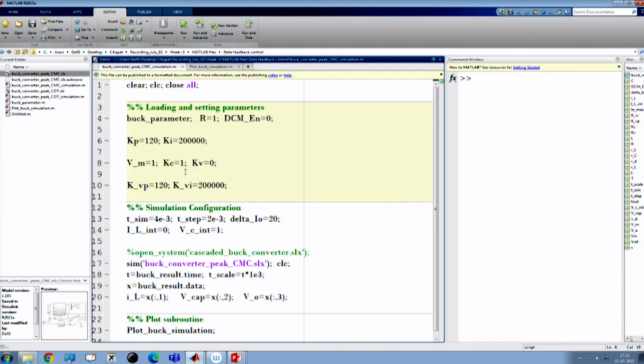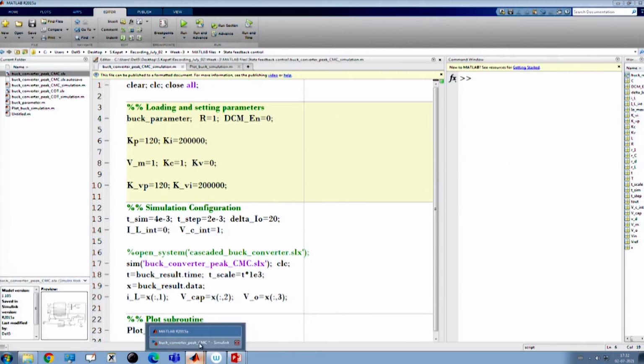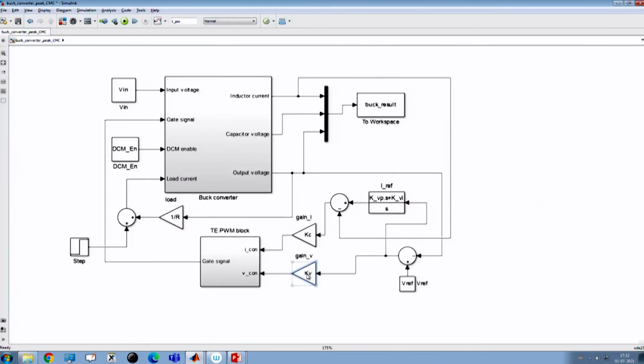So, in current mode control, we take Kv equal to 0, and we can simply take a PI controller from there, or if we go back, we can take this to be our proportional control, because it is error voltage.